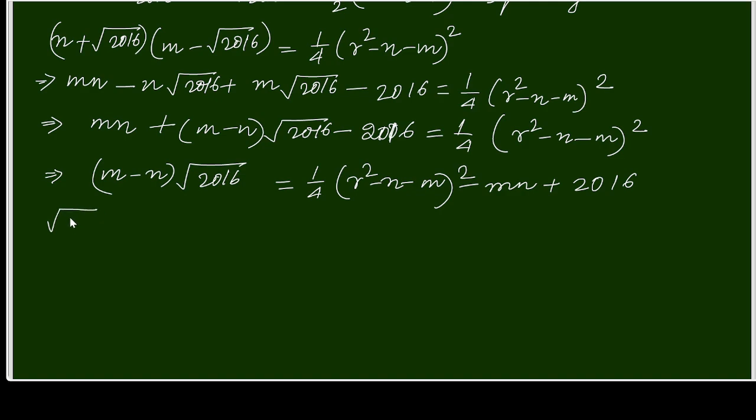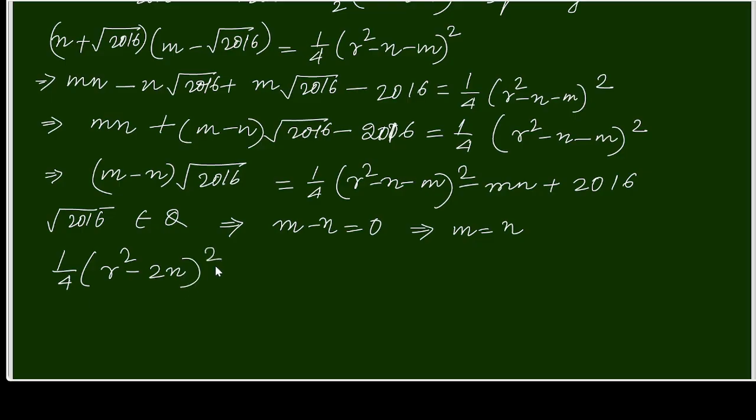Now square root of 2016 is not a rational number. What does it mean? It means that m minus n equals 0, or m equals n. On the right side, first it will be 1 by 4, and putting m equal to n, I'll get (r square minus twice n) whole square